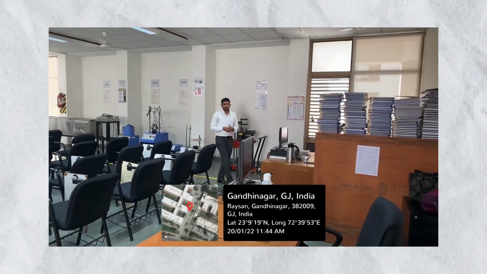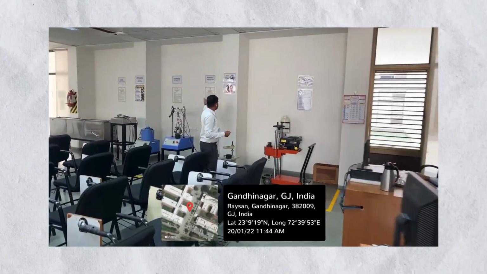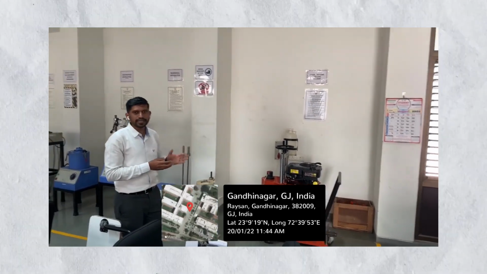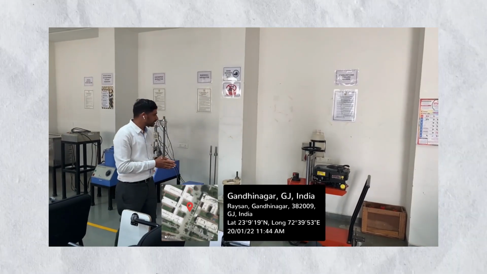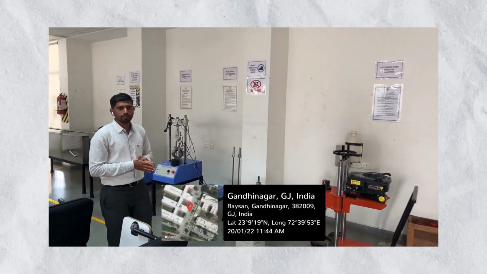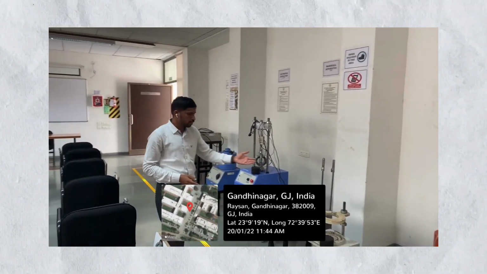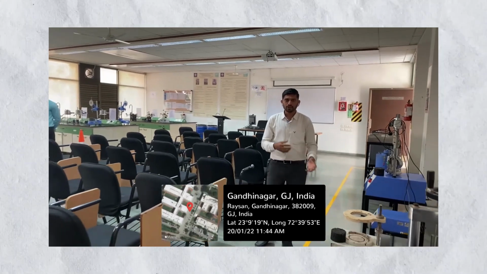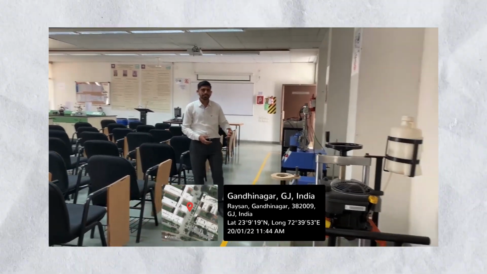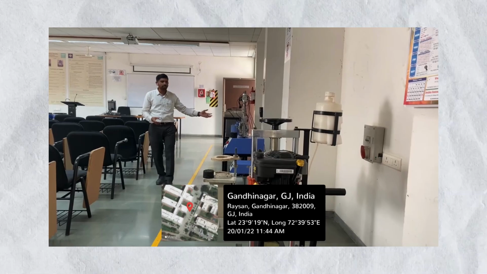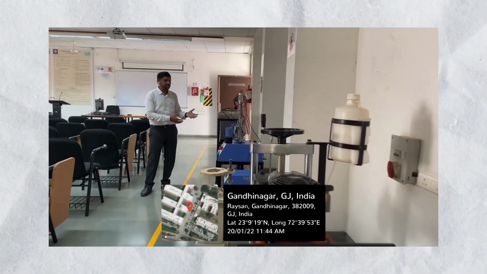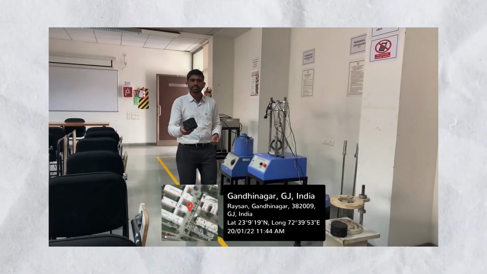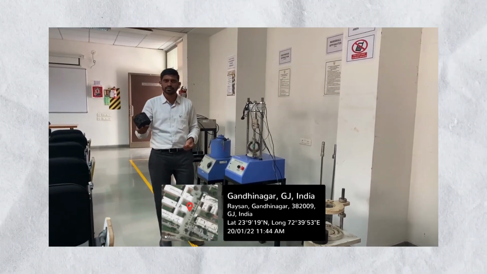Now here you can see all the information wherever necessary, safety related and equipment operating safety. That is also pasted near the respective equipments. Let's say this particular equipment is used for compacting and preparing compacted Marshall specimens. After compaction, this particular sample is tested in this equipment called the Marshall tester for testing the Marshall stability of the compacted specimen. We can see this is a material which is actually used in construction of roads.